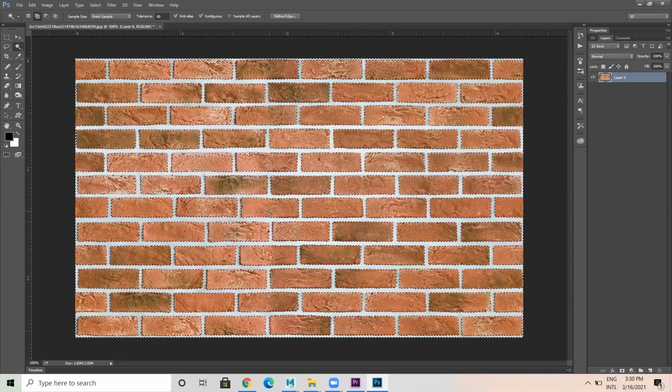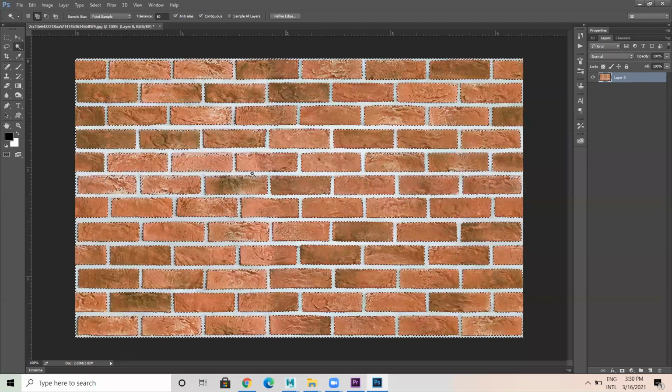You guys know Photoshop well, so I don't have to go into detail. Magic wand tool, tolerance 80 or 60, I'm just giving and selecting this. So it's fine, I'll give 70. Then I select this. Yeah, this is okay.